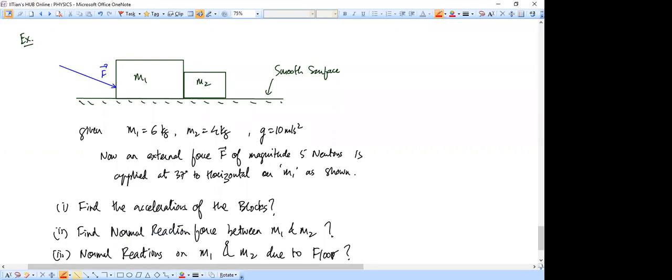Okay. So let's understand, when you're pushing this block from this side, it starts accelerating, and because it's pushing this one also accelerates. So they will have a common magnitude of acceleration and common direction of acceleration. दोनों का acceleration same होगा. Okay. So if you look individually on the blocks, how forces are acting,